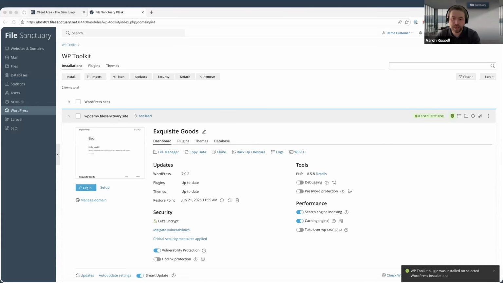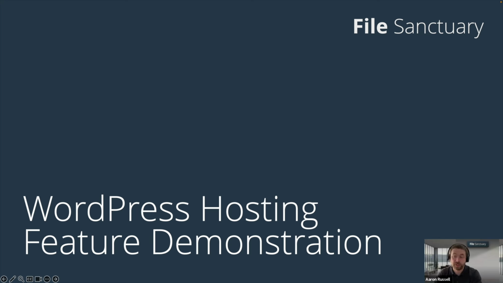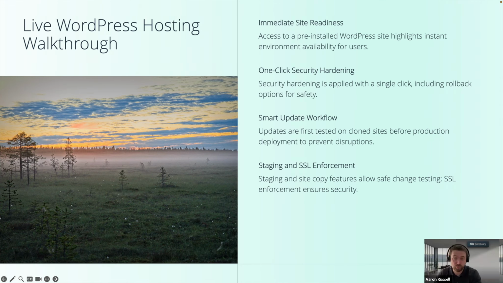The key thing to note here is that this reduces fatigue and risk. You don't have to deal with each site's WP admin working differently. We give you a single consistent pane of glass to manage all of your sites. This is about removing problems, not adding dashboards. So just to recap, WordPress is available right away as soon as a new site is created, or you can import your own site if you're bringing a site in that you already have built.